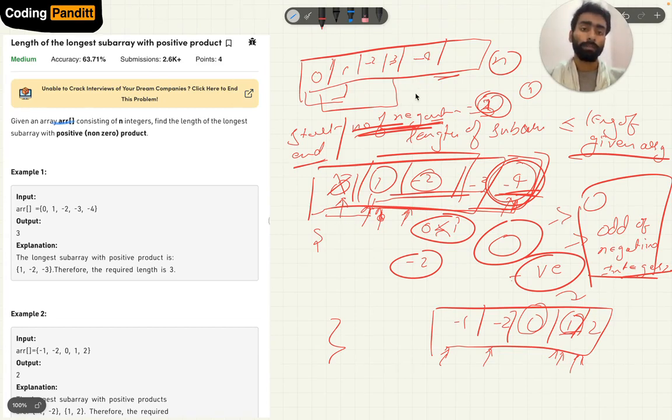The maximum length of subarray, so we will initialize it with 0. Maximum length of subarray which is having the positive product.